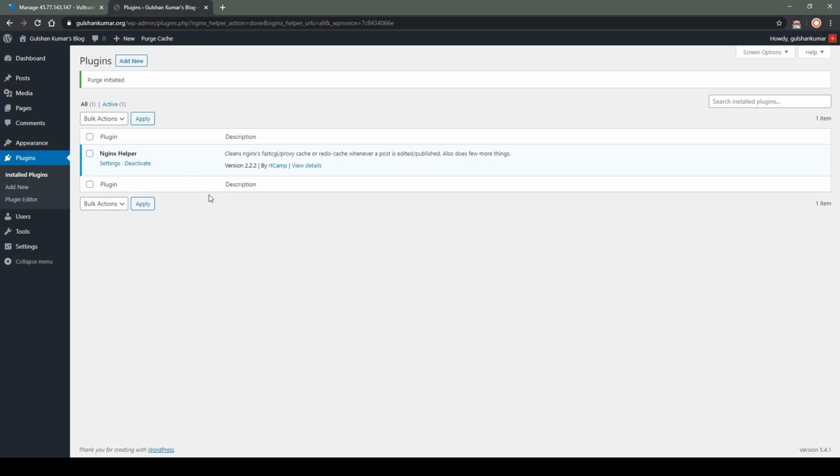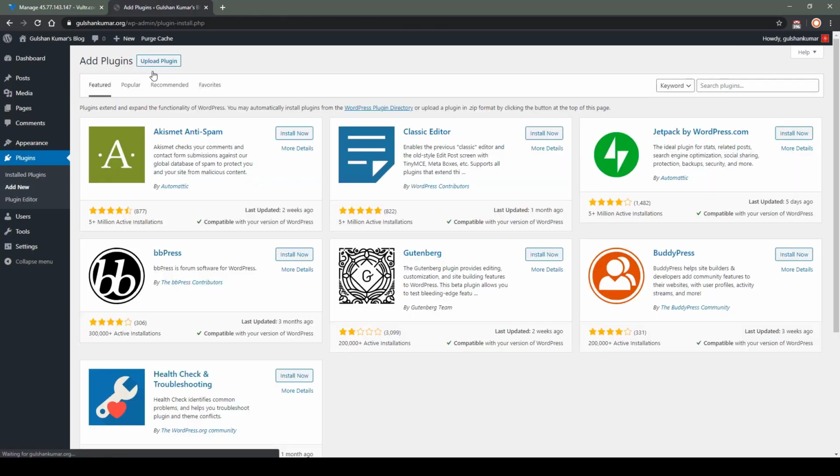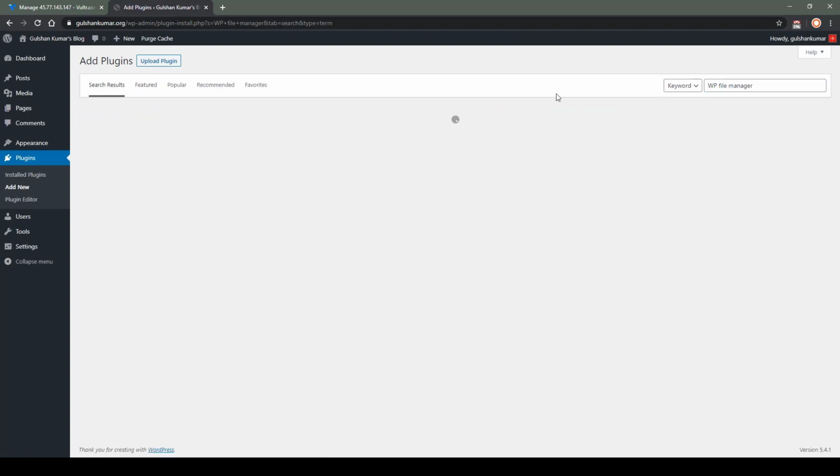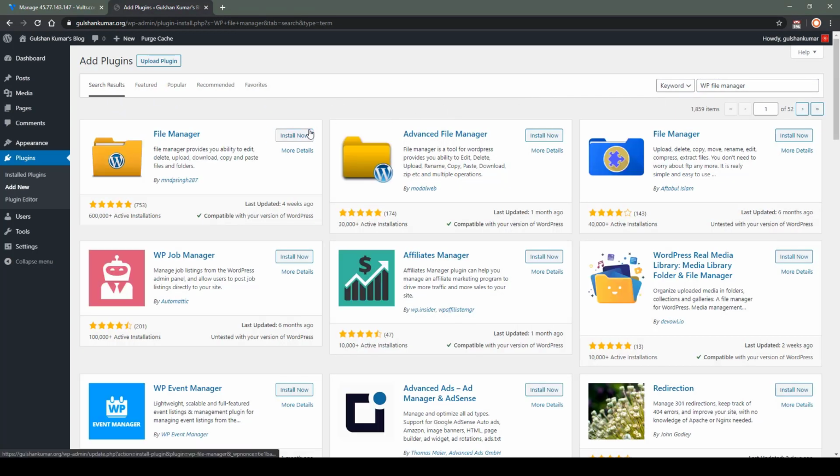So next, you might have a question like how you can add an ads.txt file or robots.txt or edit any file using a file manager. Simply install a plugin called WP File Manager. Install now.